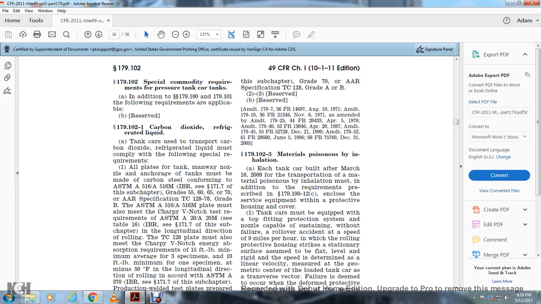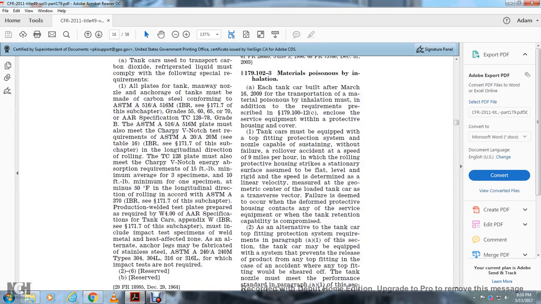All right, 179-102 material poison and inhalation. Each tank built with after March 16, 2009 with the transportation material poison with inhalation must, in addition with the requirement for the prescribed in 179-112, enclose the service equipment with the protective housing on the cover of the tank must be equipped with a top fitting of the protection system with a nozzle capable of sustaining without failure the